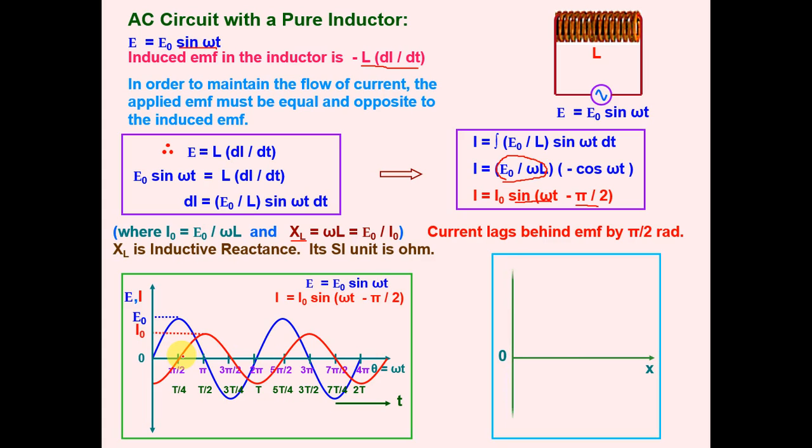If you want to see phasor diagrams, this is the phasor for the EMF, but the current is lagging behind by a phase of pi by 2. So there is a phase angle between the two vectors. That angle is pi by 2. Anti-clockwise direction, we know, is considered positive. So now if you see both of the vectors rotating, this current phasor will remain at pi by 2 radians with the EMF. So it will lag behind continuously.